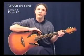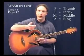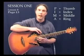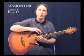Now we're going to learn to fingerpick with the right hand. Remember that the thumb is called P, the index finger I, the middle finger M, and the ring finger A, P-I-M-A. Now, just like we learned the chord diagram earlier, we have to learn a new diagram now, and that's